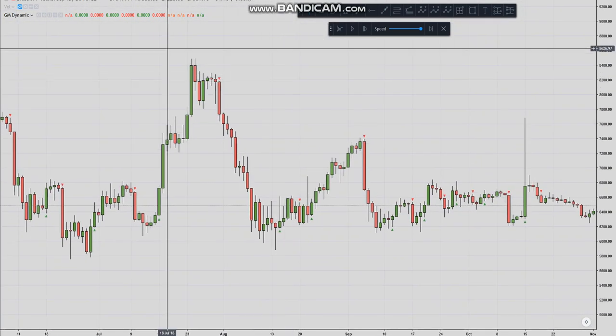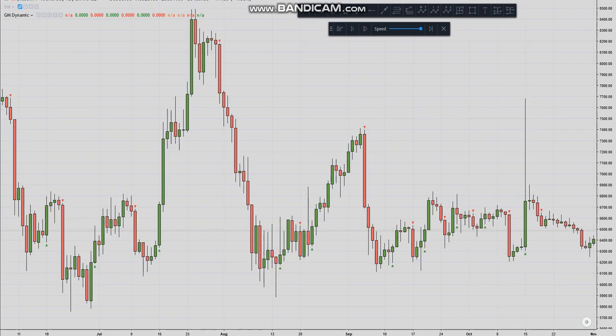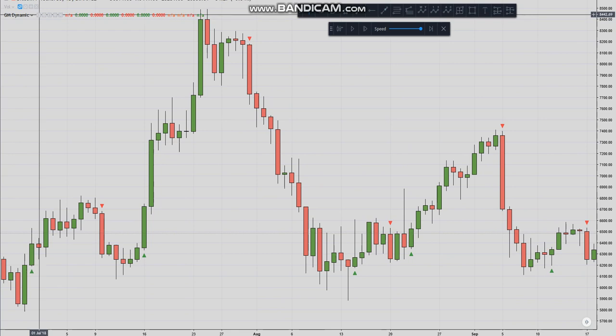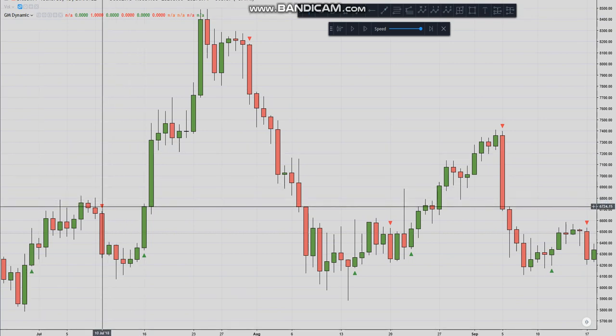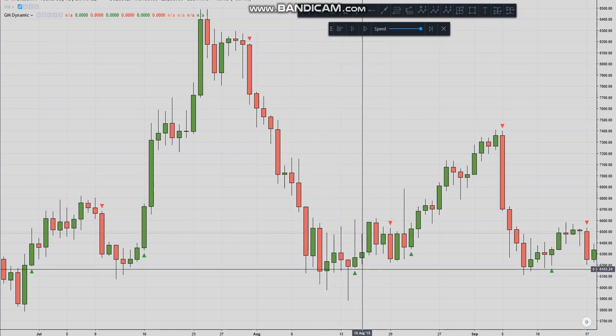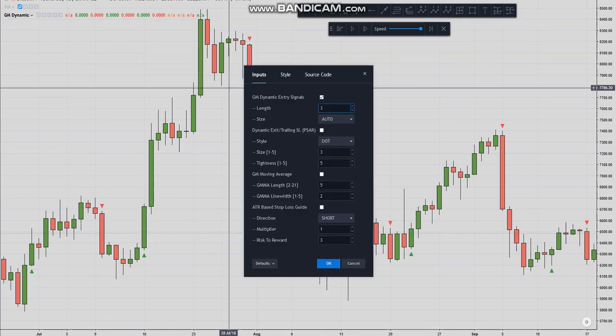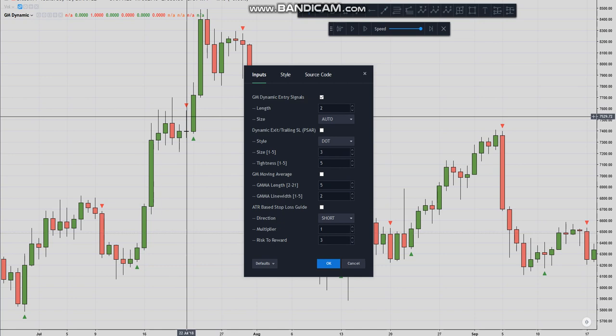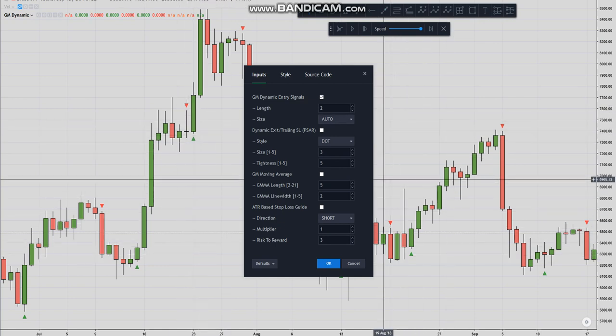What I've got here is the chart of Bitcoin in US dollars. And you can see these little triangles appearing here telling you where to go long and where to go short. You can adjust the setting on those. So let's say I put this on 2 for instance. You'll notice that you'll get the signals a lot sooner, but you might get more false signals based on the volatility. If you increase that number,